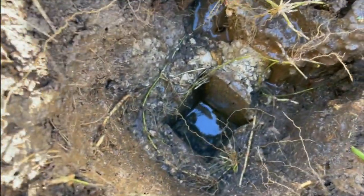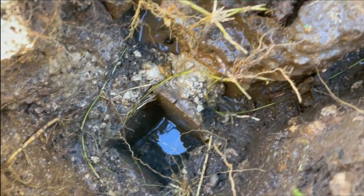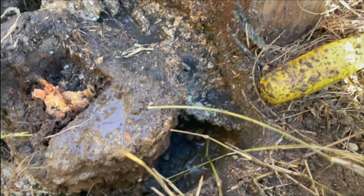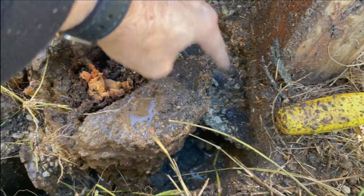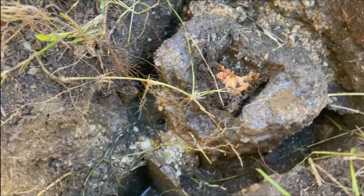There is concrete here where the post just kind of came out, but that's not where we're gonna put the new post. The new post goes right here. And this is where we have the issue, because there's concrete on concrete on concrete. So we wanna get this whole chunk out right here. I don't really care about that, that can stay, but this needs to come out. So we're gonna try to work our way around it, and then we're gonna use the hammer drill to break